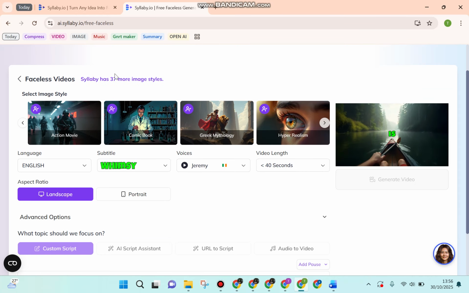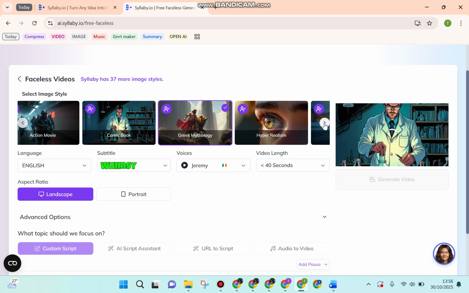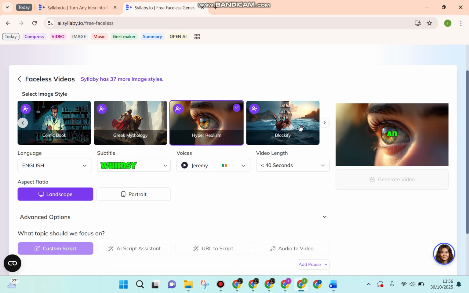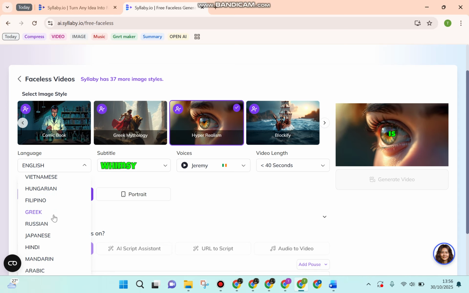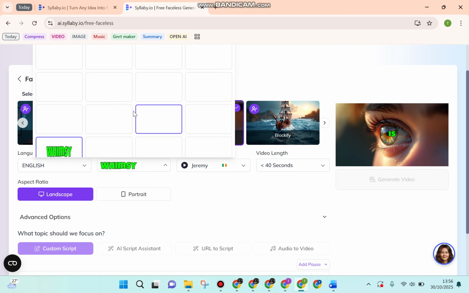So you can start to create the faceless video. And since this is only the first chance, you just have one chance to create the faceless video. And you can also select the image style, for example, maybe action movie, and you can also click it to see another option, Blockify, and also choose the languages and subtitle style,